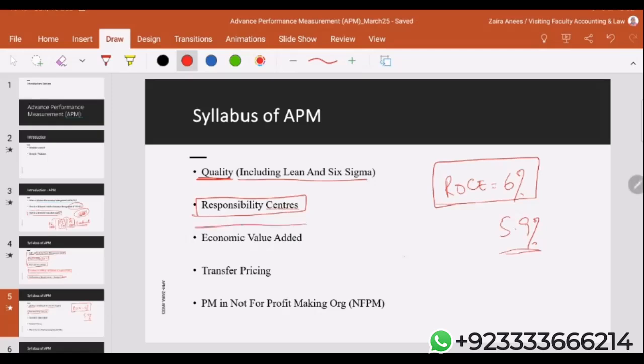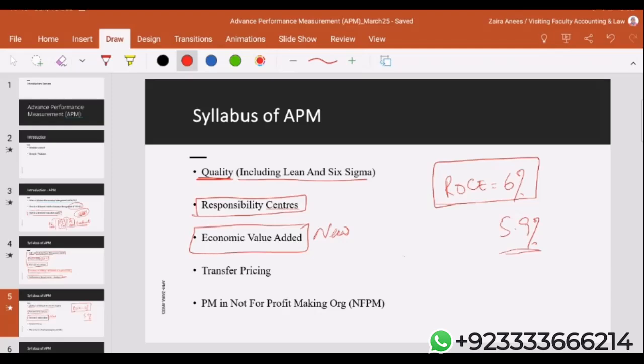Economic value added, this is a new term which has been added in APM paper. This is the advanced version of residual income. We will discuss this in our recorded lectures, and obviously this is an extremely important paper topic, because it typically focuses on the performance